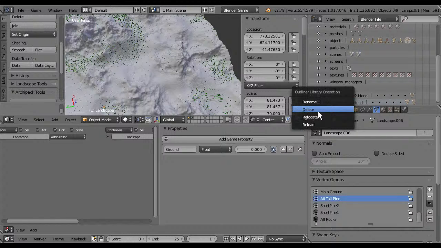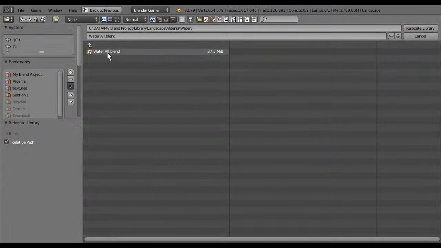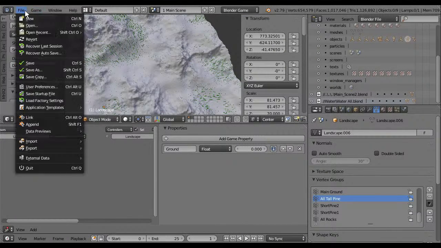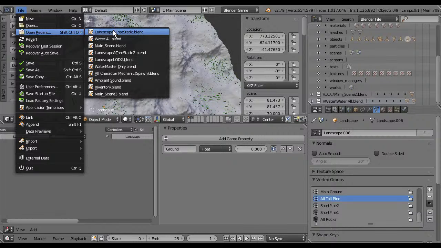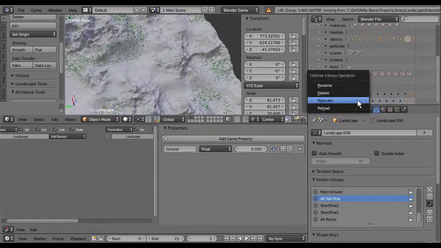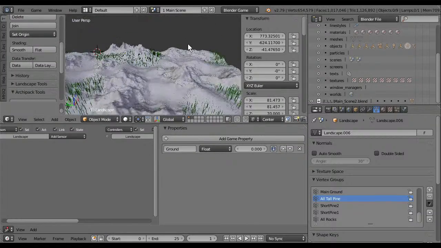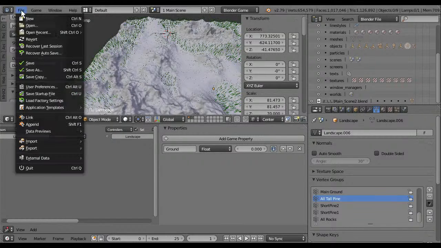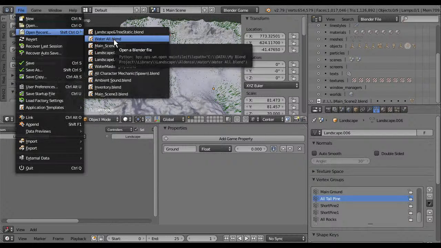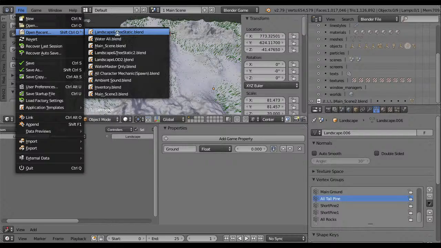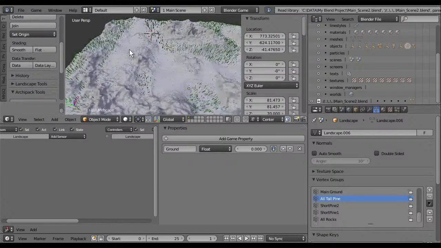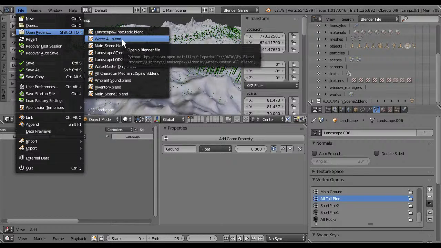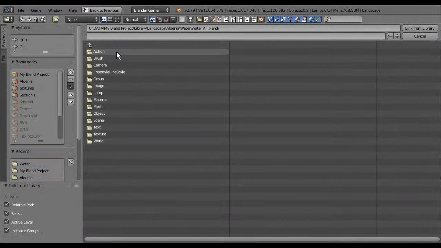We need to delete all of this. Surely, okay. Still going to delete. Now we need to save again.